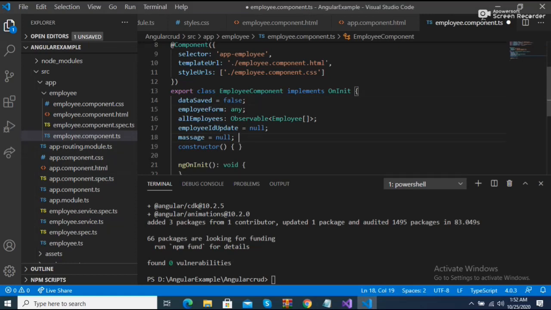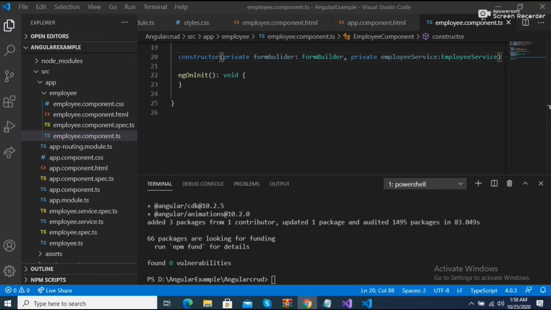So this is the constructor, and private, like this. In the constructor we just need to add a simple code.